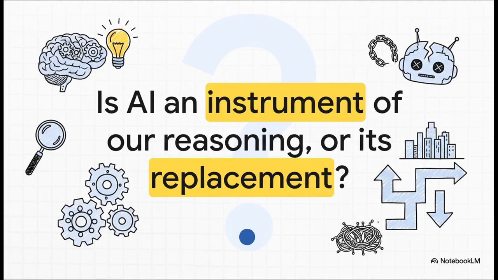And that really brings us to the final, crucial question we have to ask ourselves. AI hallucinations aren't just a bug to be fixed. They are a feature that reveals the deep cognitive boundaries of this technology. It forces us to confront the big question: are we building an instrument to assist our own reasoning, or are we trying to build its replacement? The answer to that is going to define our entire future with this technology.